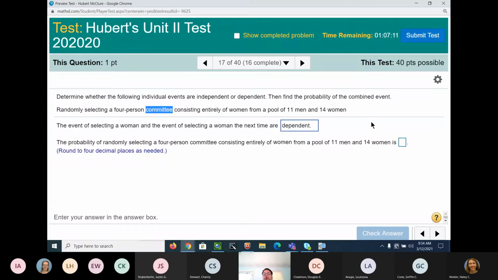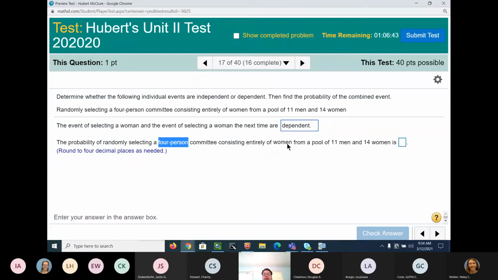How many is in the total group? 25. Thank you. So 25 is your denominator, correct? Or not the denominator, but n. All right, your total. So what about, it says the randomly, so that would be 4-person committee